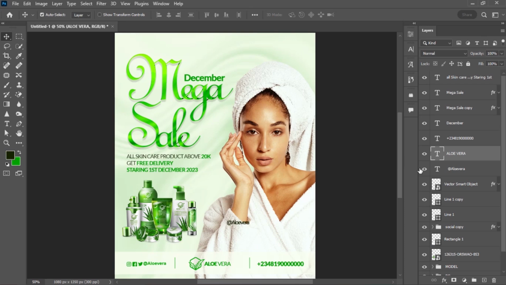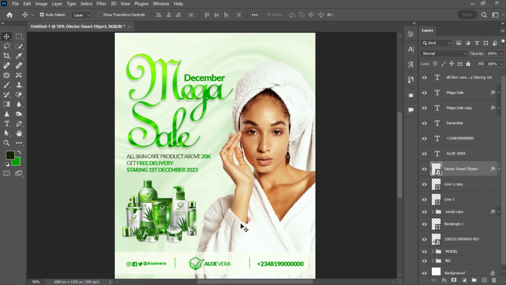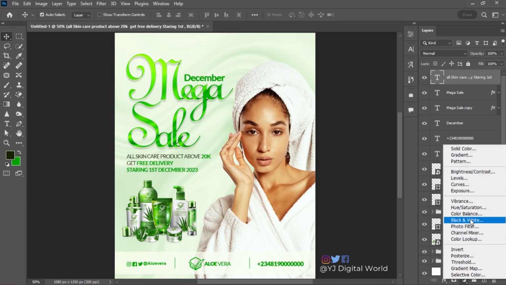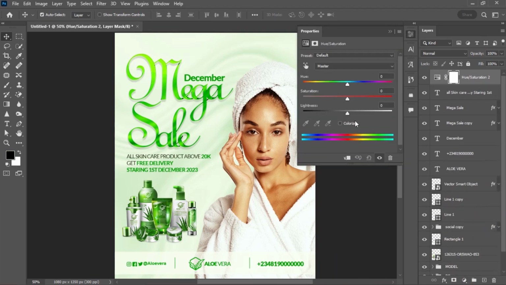Okay, so you can choose to take the design a step further by applying some hue and saturation to the design. So all you have to do is come to the layer at the top over here. Okay, come over to your adjustments and apply the hue. Then over here you can choose to make a little adjustment to the hue like this. You adjust it like this, that is okay, but you notice it's affecting the model